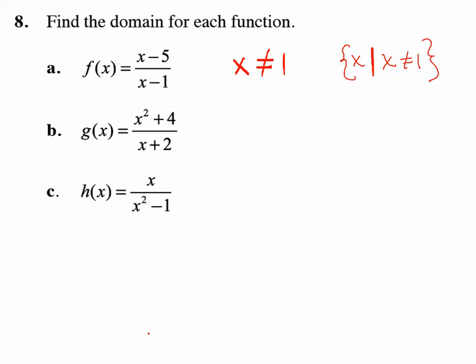Those are pretty much almost the same. If you understand that 1 is the problem, that's what I really want you to get. So we find the domain by finding what's not the domain. And it's an easier way of saying it, as opposed to saying all real numbers except for x equals 1. This is really shorthand to say that's the only problem we have, is the 1. So for B, the answer is x does not equal